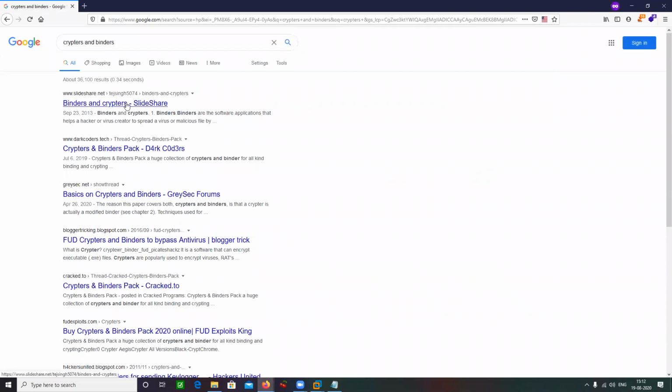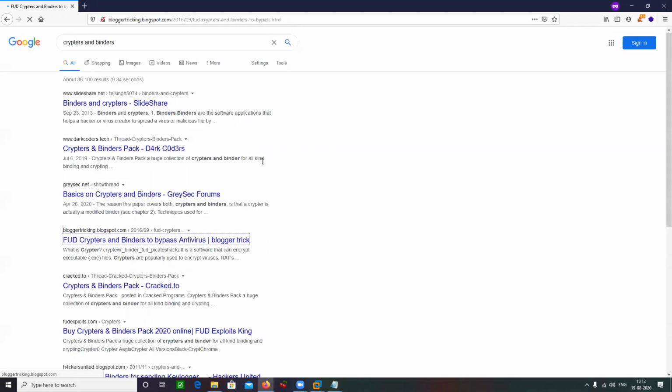Some presentation here, to bypass antivirus, and to encrypt the payload, to bind it to some other executable file. So you can download a few cryptors and binders. That is one way.